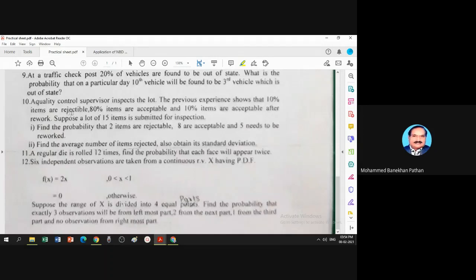If there are two possibilities, then you go for binomial. And if there are more than two possibilities, we use multinomial distribution. So according to this information,